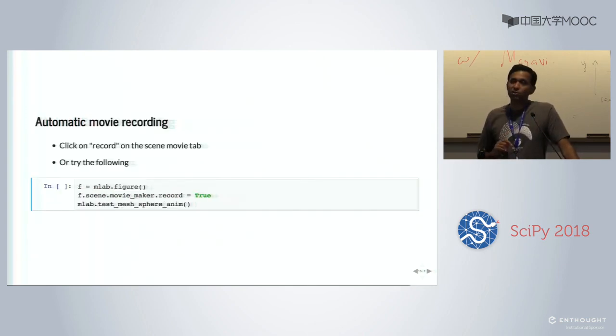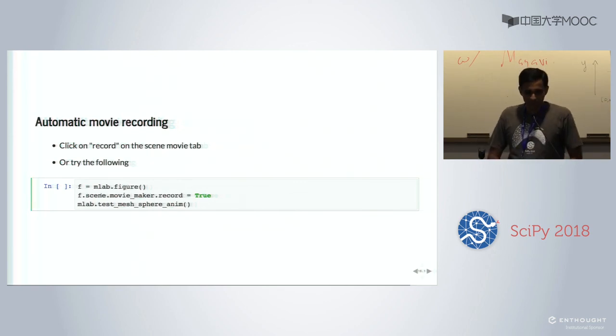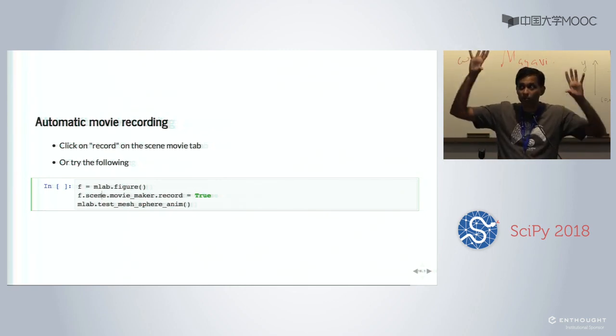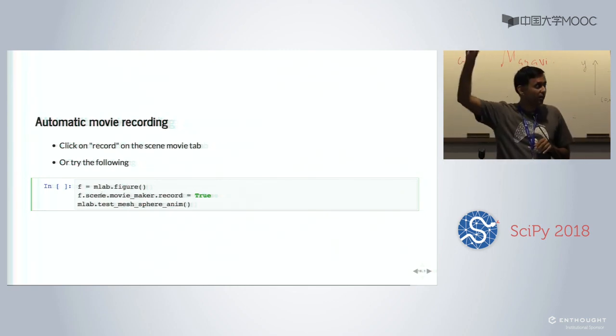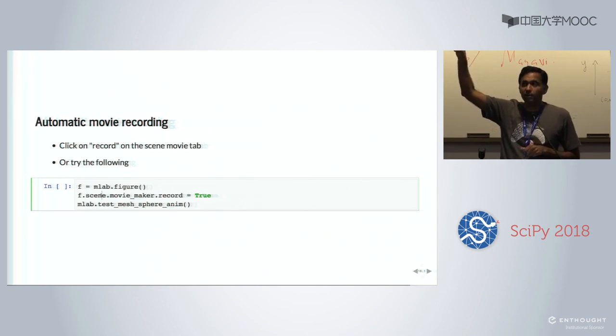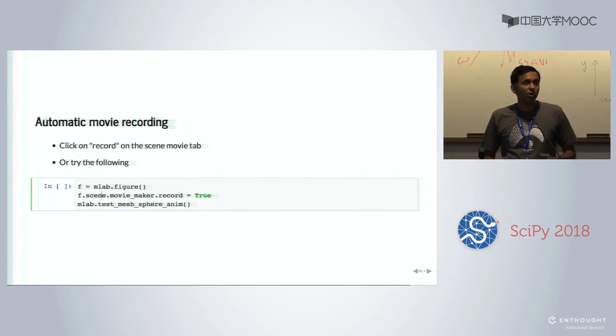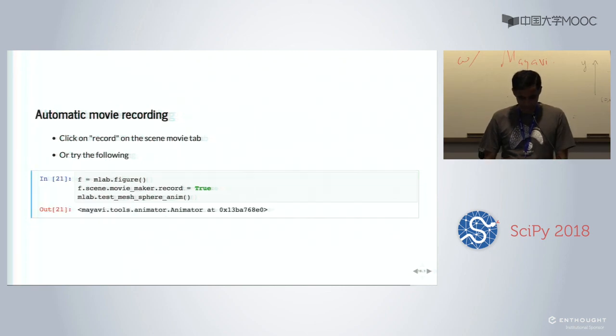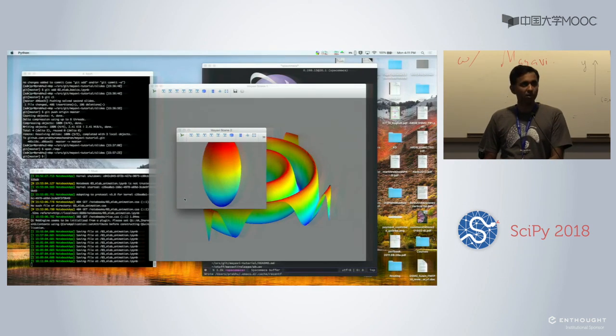All right. So one nice feature when you write the decorated version is, if you have a figure and you just set the scene's movie maker, so if you remember when I was configuring the background for the scene, there was a movie dialog there. If you check that on, that will basically record movies when you run an animation. It'll automatically dump a stack of images for you in a predetermined directory, which you can configure. So for example, I'm going to run this. It's running this, all right? The view is bad because I've not done any fancy setup of the view.